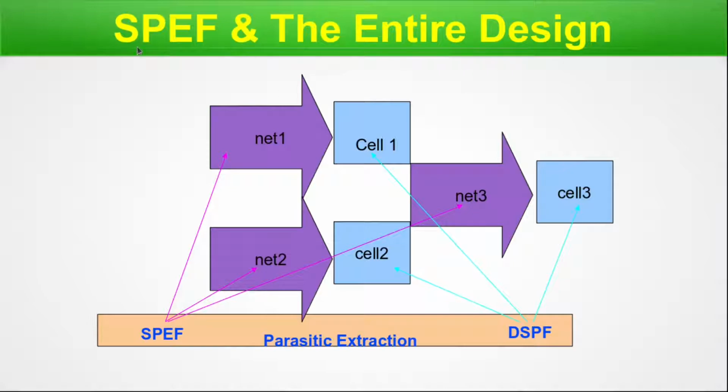So guys, if I bring my mouse pointer here, all these nets which are interconnecting the standard cells in the design will go to the SPEF. When they go to the SPEF, each net will have its parasitic R and C, and all those data will go to SPEF. The standard cells in the design have their respective DSPF files with their parasitic data. But whenever we use static timing analysis, we are concerned about these nets, because these cells have already been characterized and their timing data is already captured in the .lib file. So we are done with this particular slide, so let's move on.